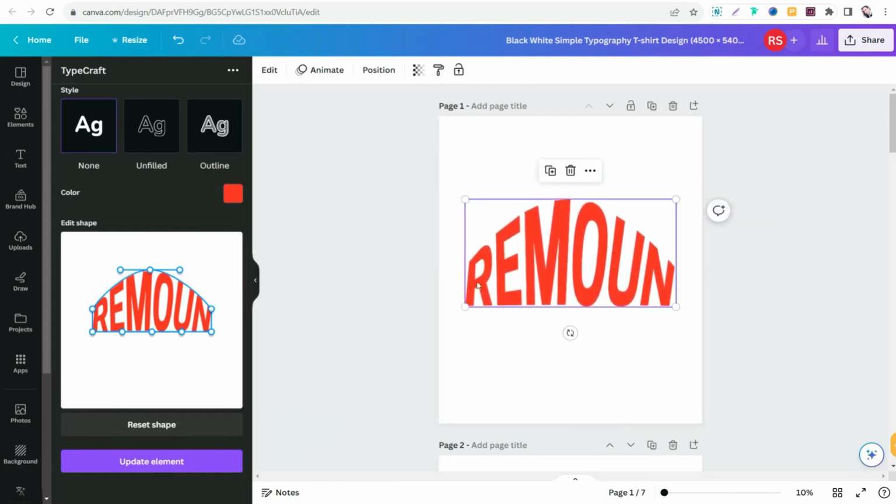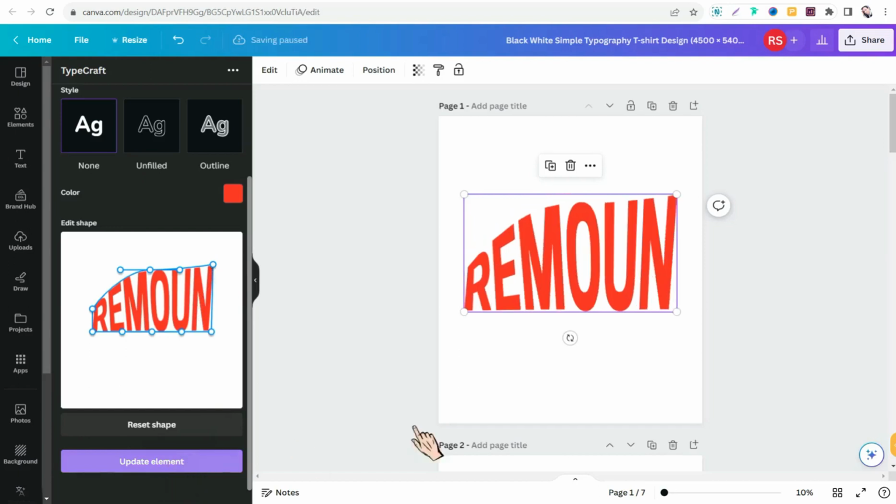And for sure, if you want to make any further additions, we can make another thing like this one, for example. Okay, and then click over this update element, as you observe. So the first gem here on Canva.com is this fantastic application, Typecraft. Okay, perfect. And now we can move together to a few hidden gems on Canva that most of you